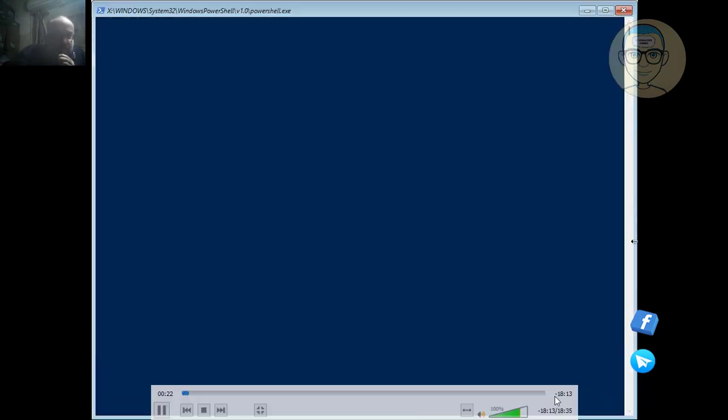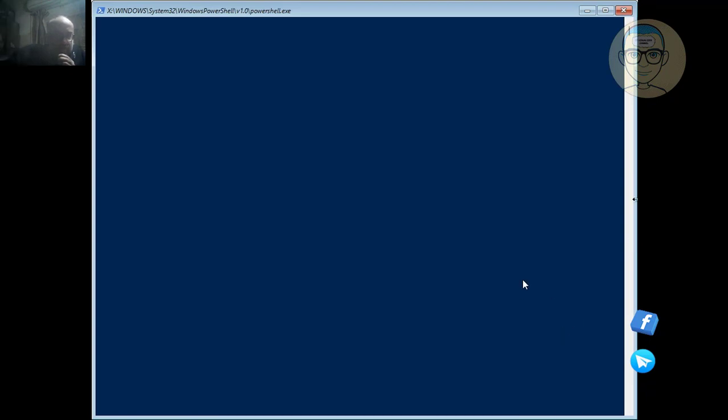Here we can see a PowerShell window opening. Okay, this is because most of the PSD MDT module works with PowerShell scripts. It's not using Visual Basic scripts or Windows script files. Okay, it is using